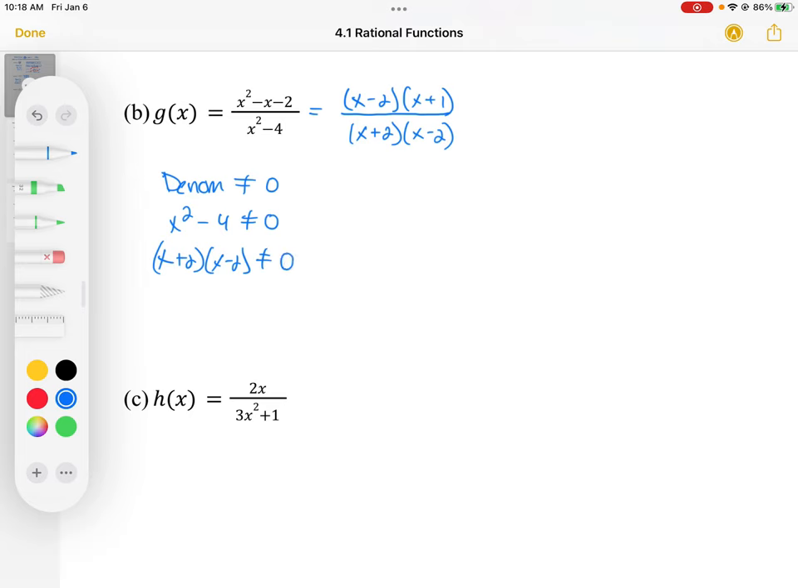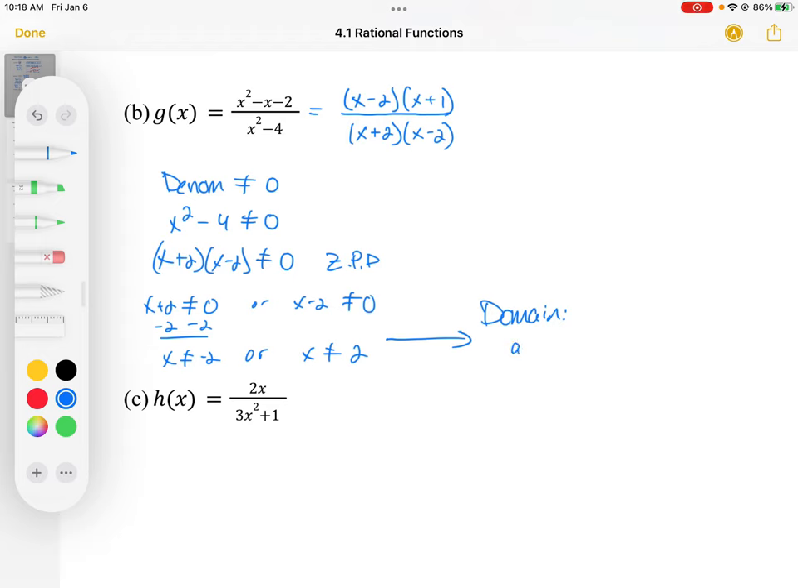So that means at this point I'm going to use the zero product property. X plus 2 cannot equal 0, or x minus 2 cannot equal 0. And again, I just solved this. So x cannot equal negative 2, or x cannot equal 2. Okay, so that means my domain is all real numbers except